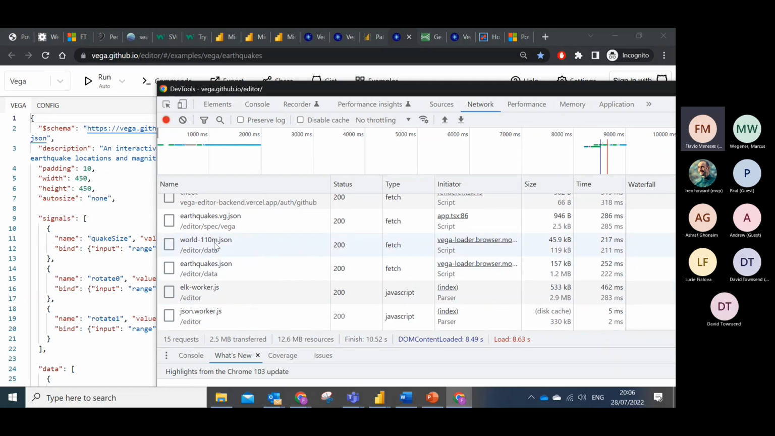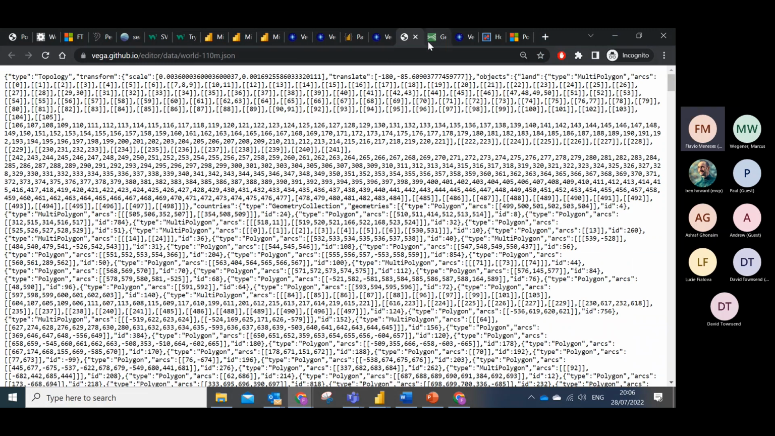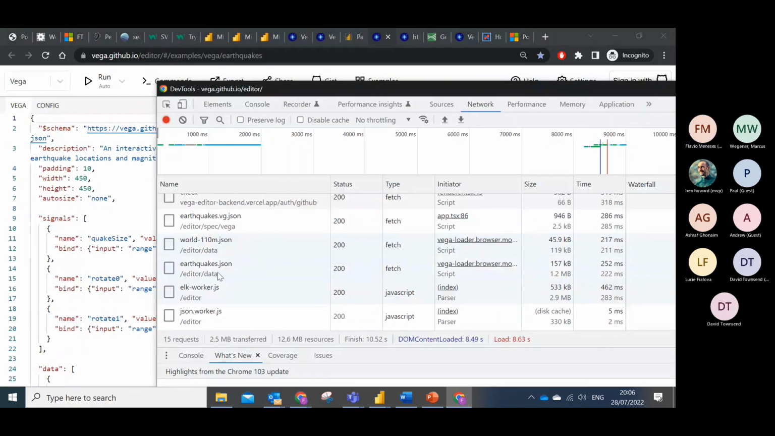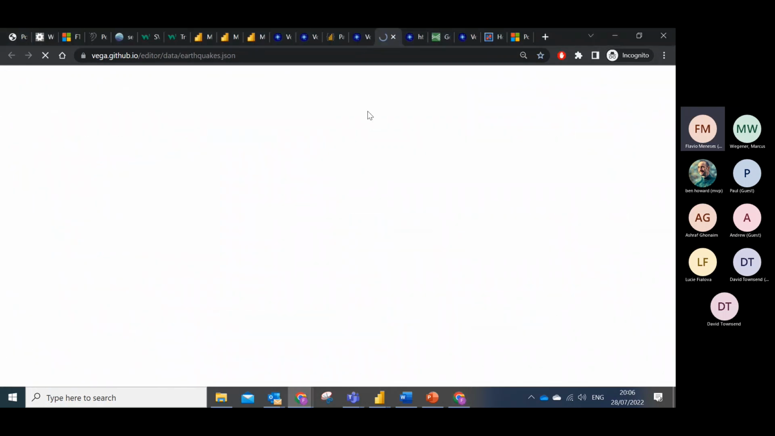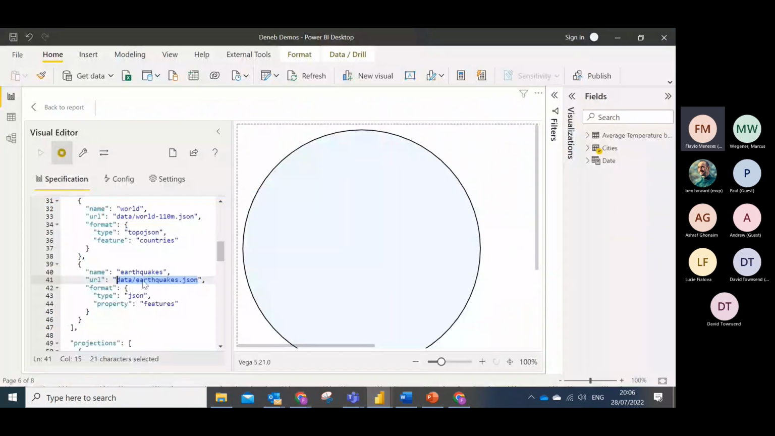And what I'm actually interested in is this JSON right here with the countries. And if I come back, I'm also interested in my earthquakes data, which I'm also going to load. So what I've done is I've just basically fetched the live URLs, and this is exactly what I need for my visual. So if I grab that and put it in Power BI instead